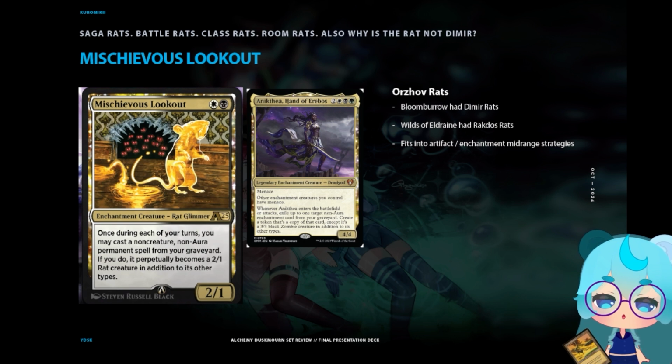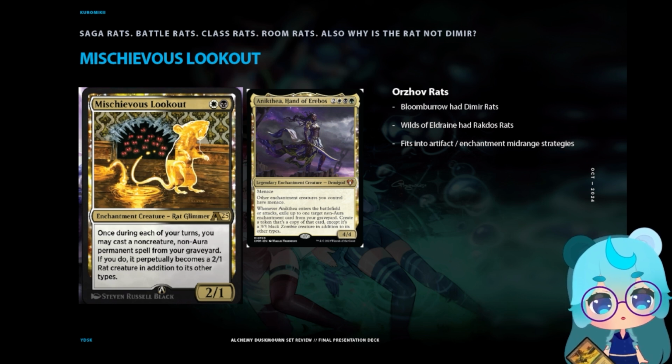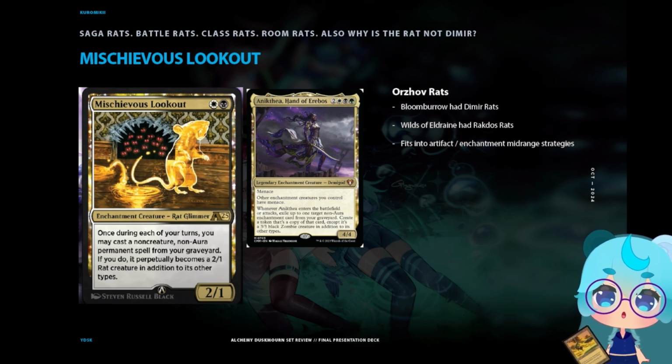Mischievous Lookout, black and white, a 2/1 enchantment creature Rat Glimmer. Once during each of your turns, you may cast a non-creature or a permanent spell from your graveyard. If you do, it perpetually becomes a 2/1 rat creature in addition to its other types. Mischievous Lookout is probably the most disconnected from its previous archetypes, with Bloomburrow Rats being the mere threshold, and further